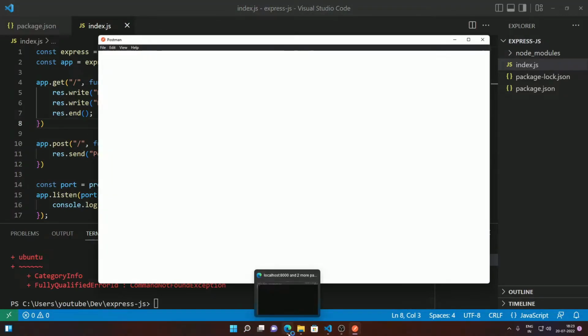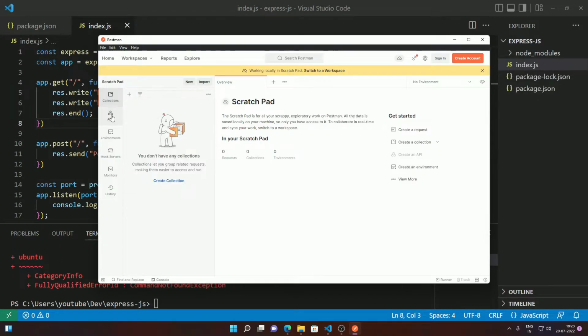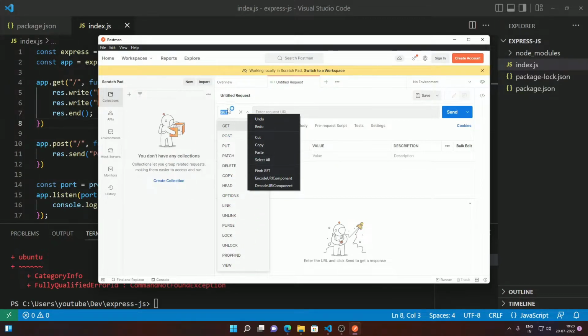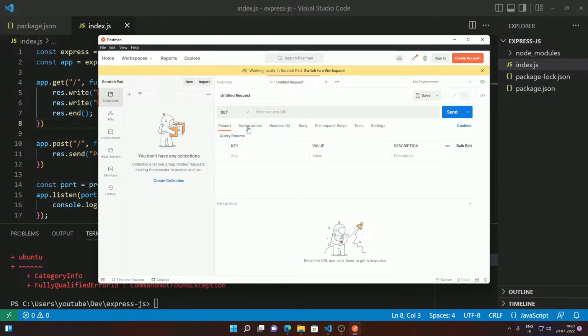In case you do not have Postman installed, it is the easiest way out to test your APIs. So I can simply create a new request, an HTTP request, and from here I can switch the type. These are all the HTTP verbs that are available to us. So we are going to select POST and